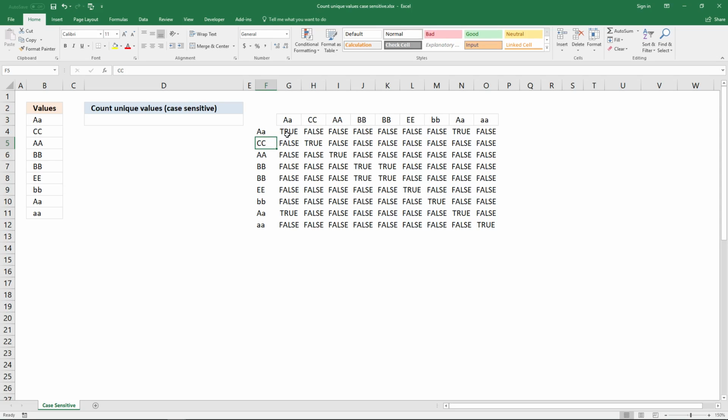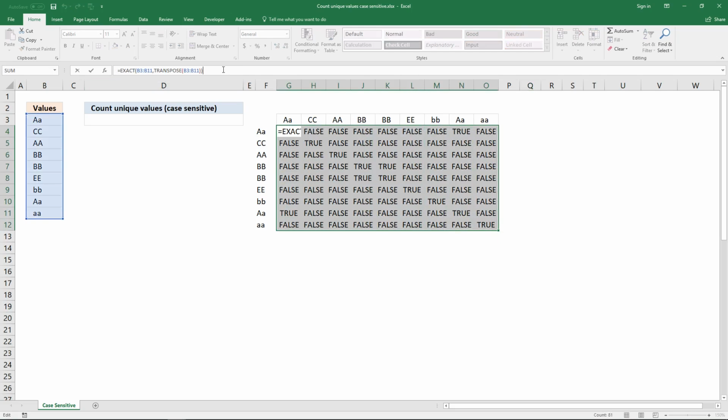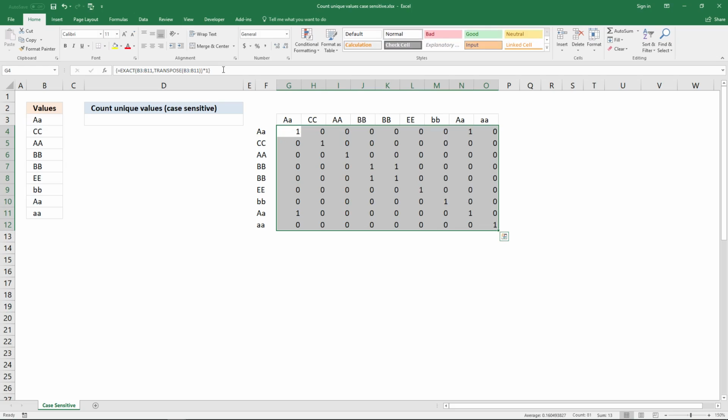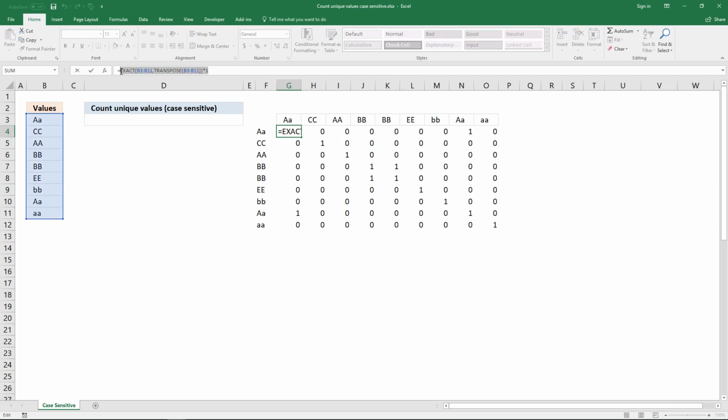To add all the values for each row, use the MMULT function and type... I forgot. First I need to convert the Boolean values to zeros and ones, and to do that, multiply this with 1, and now it returns 1 for true and 0 for false. And now I can use this array to add the values for each row. So equal sign, and MMULT,